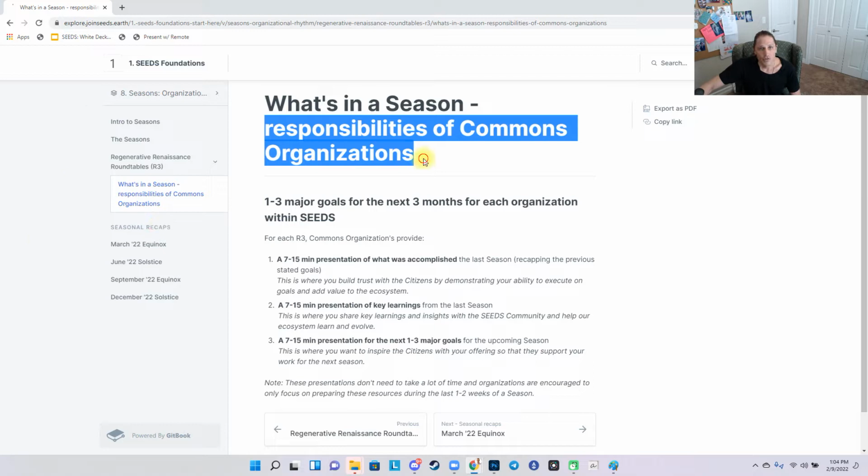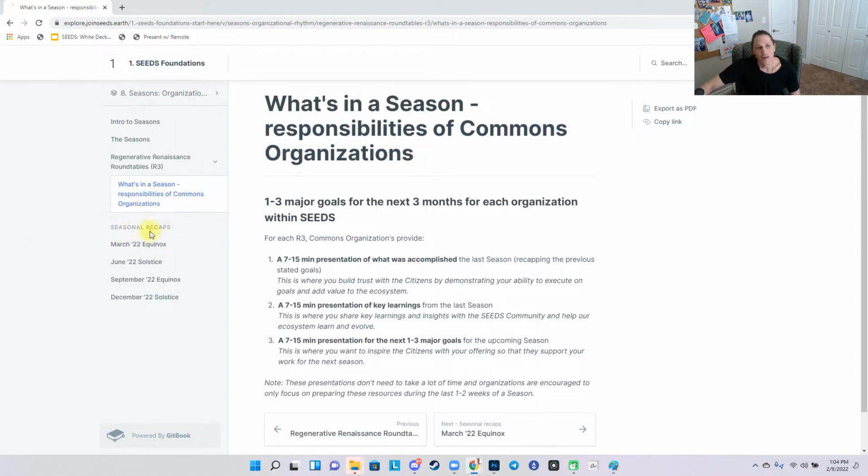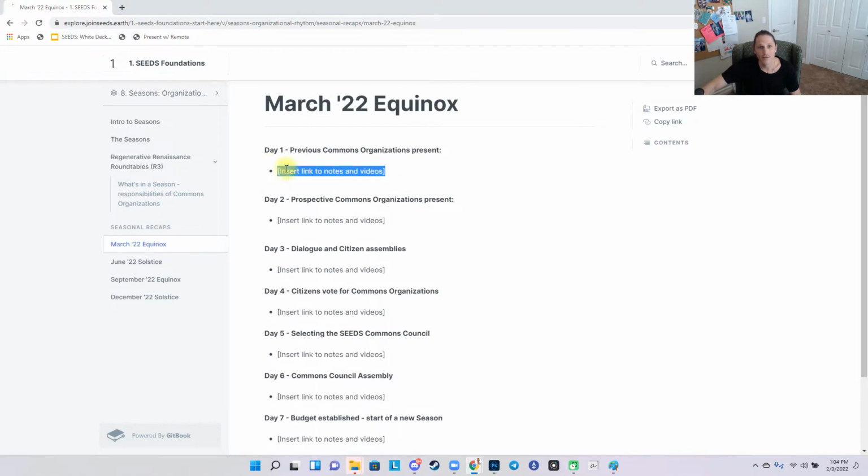One more thing as far as the overview here is now we can have the seasonal recaps. So every season that we have, after we go through and host them, we'll be able to link all the notes and videos for that season in here and be able to keep a really clean record of where we've been and where we're going. So we have one reference point. We haven't been doing this so far, and if we have, I'm not aware of it, and we can look back and add the previous seasons and previous stuff that we've done here.